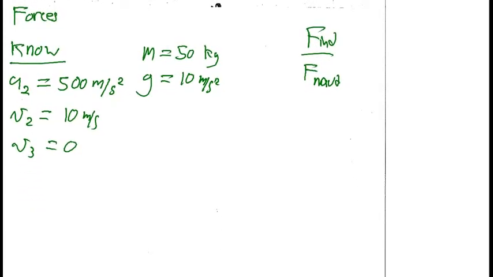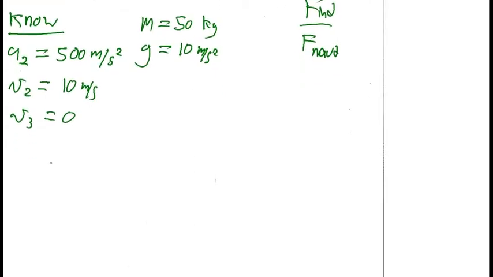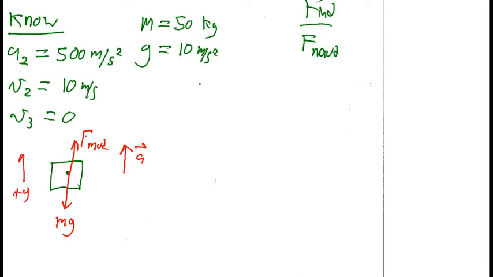So let's go ahead and draw a force diagram for this situation, and then we can analyze it using Newton's second law. So as the person is falling through the mud, there are two forces that act. The weight force would point down, and the force that the mud exerts on the person, which is kind of like a normal force, would point upwards. The acceleration of the person is upwards as they slow, and I'm going to pick the positive direction to be up to do the forces part of the problem. So this is only a one-dimensional problem that involves the y direction. So the acceleration in the y direction will be equal to the net force